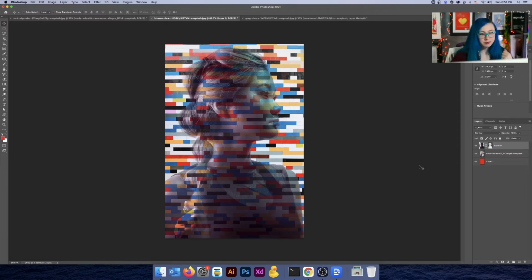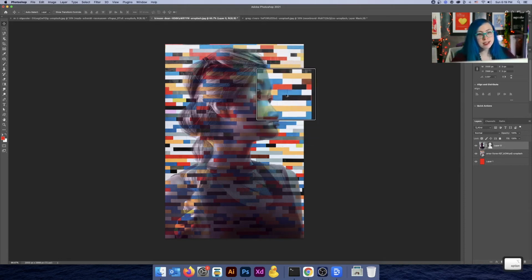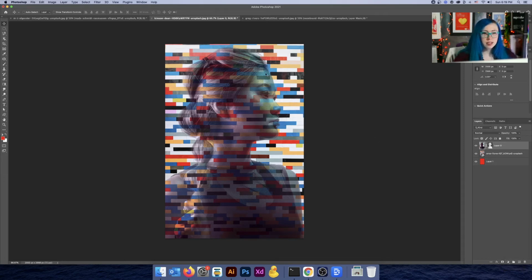We're getting there. Now, a thing with layer masks that we haven't talked about yet is, if black hides the image and white shows the image, darkness hides the subject, light shows the subject, what happens in between? What happens with your grays, your dark gray, your light gray? How does a layer mask handle grays? You can start to see how a layer mask handles grays here. What's happening is that the further towards the light end of the spectrum, just like with real light in real life, the more of the subject will be shown. The further towards the dark end of the spectrum, darker grays, blacks, the less of the subject will be shown.